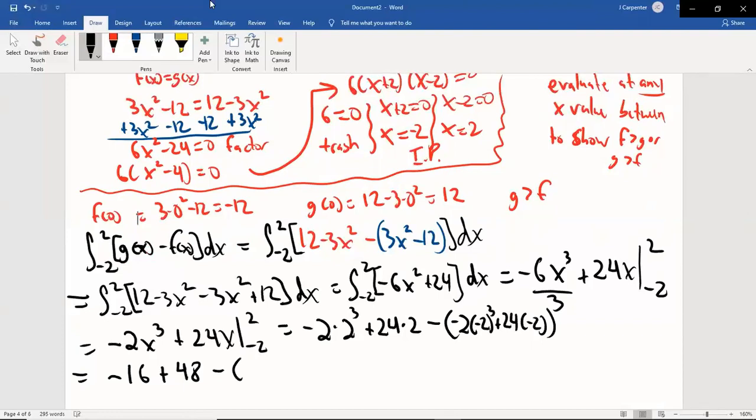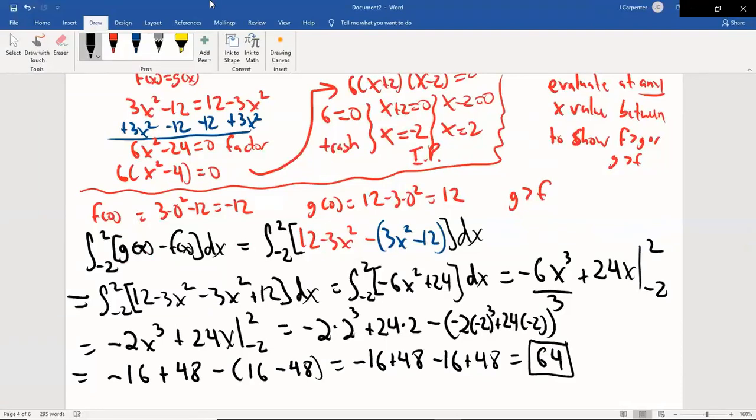Minus, I'm going to leave the parentheses alone for now because that's a lot of signs. -2 cubed is -8 times this -2 is positive 16. The 24 times the -2 is a -48 inside the parentheses. So this will be negative 16 plus 48 minus (16 plus -48). Negative 16 plus 48 is 32. This is really just 32 plus 32, which is 64. You don't have to add them in that order, but it was convenient because of the